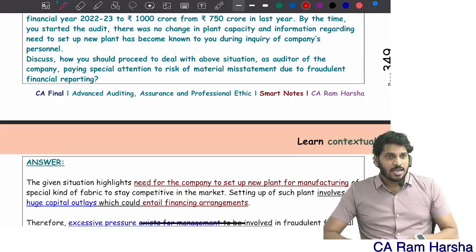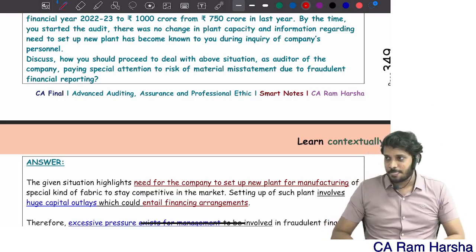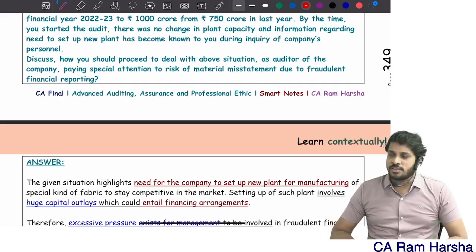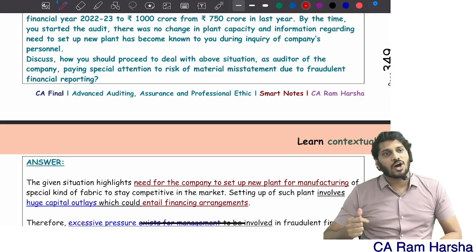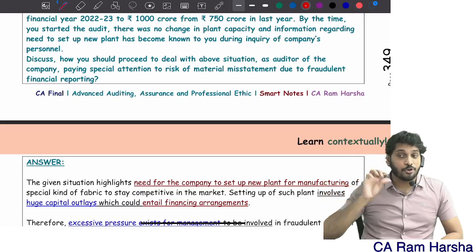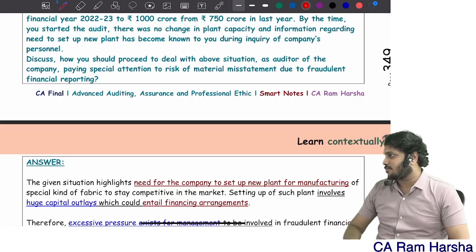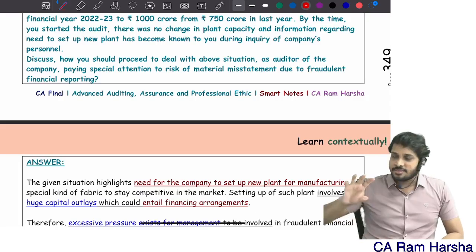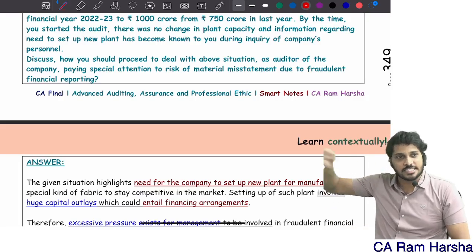In the next session, I will be discussing the 500 series, all that, and I will start specialized areas. Then once specialized areas is over, I will continue with related services, assurance engagements, all that. Once all that is completed, then I'll come back to ethics. Maybe if possible, before coming to ethics, I will do the risk assessment chapter and strategy chapter. Then I will start ethics. Once ethics is completed, the 80 marks syllabus is completely done. Clear? Then internal audit, forensic audit, I will discuss briefly. That's the agenda for the next 3 sessions.